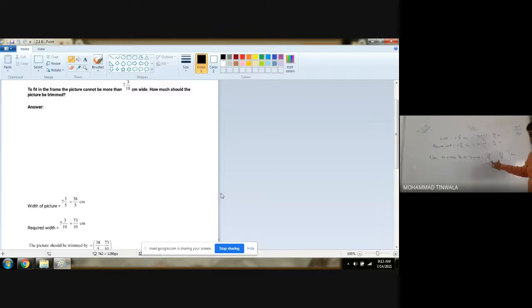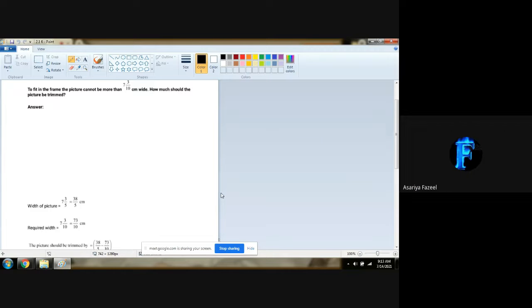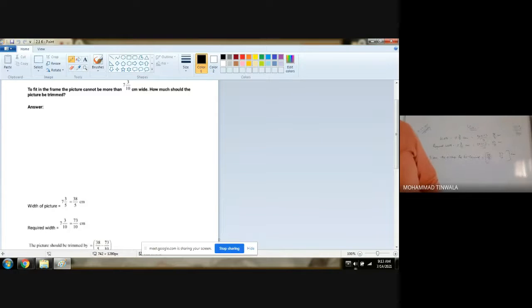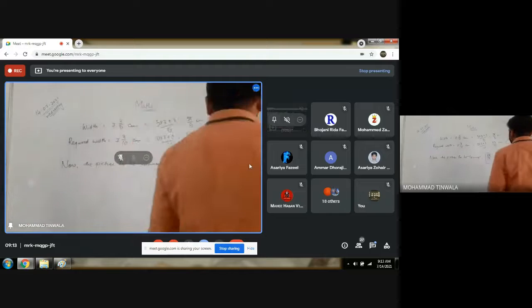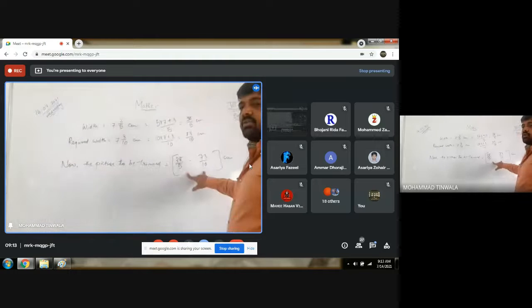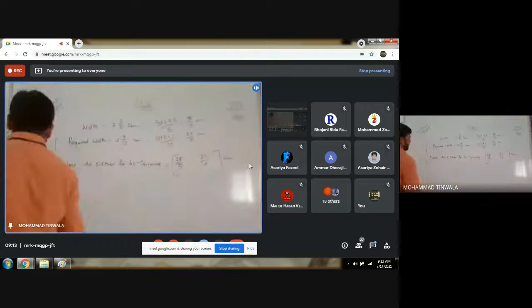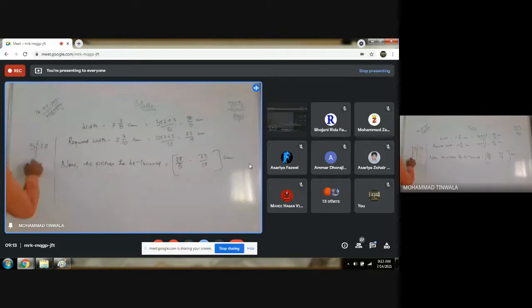Now, can we subtract these with each other? No, sir. Why no? Because it's not a like fraction, right? So we have to convert them into like fractions. I'm doing this rough column here. 5 and 10, taking LCM: 2, 5 as it is, 2 fives are 10, then 1, 1. LCM is 2 into 5, which is 10. Yes or no?